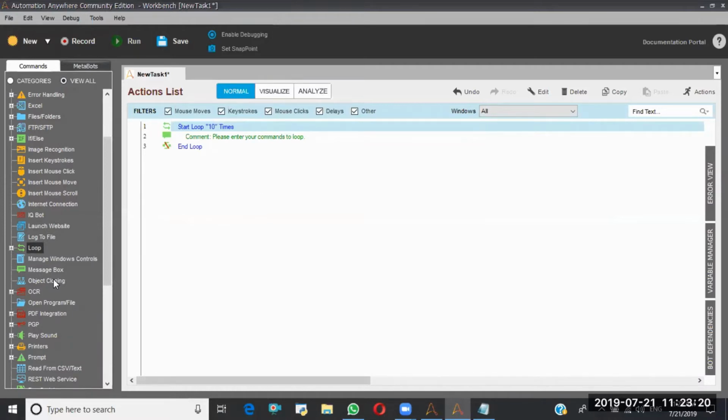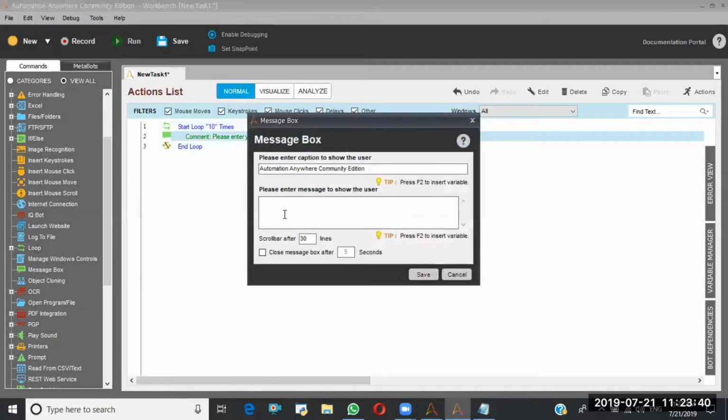That means if your loop is going to execute the first iteration, that counter value will be 1. If it is the second iteration, the counter value will be 2, and so on. Now I am taking a message box.